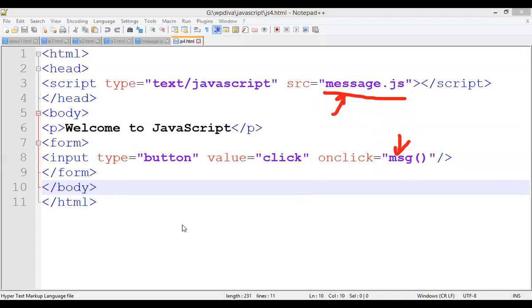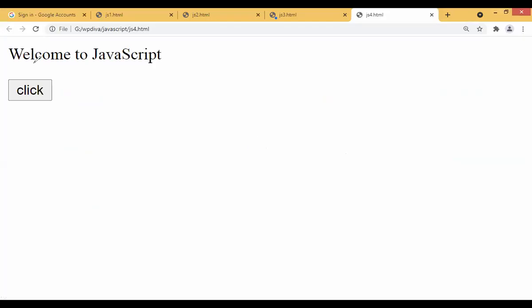See the output once again. See, this is the output, "Welcome to JS", which will come from the body tag. And then we have a click button. The value given for the button is Click. So when I click, what should it do? It should call that MSG function. And inside the MSG function, we have an alert box which will say something like Java T point.